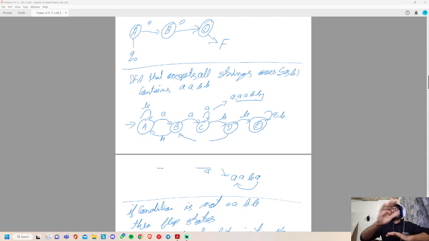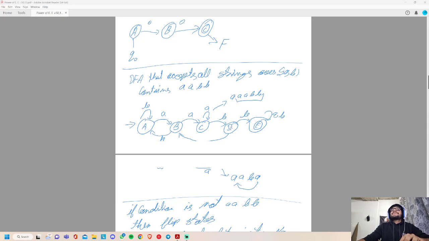Now let's check the other inputs that it could get. If we start with a and on the start state we get b, it stays in A. We do not need to proceed on this automata because this machine is checking aabb. If we get b, it stays in B. Now on B, getting a goes to B, and if C gets b, it goes to D. It can be b, a, b, b. That's why it goes to B.